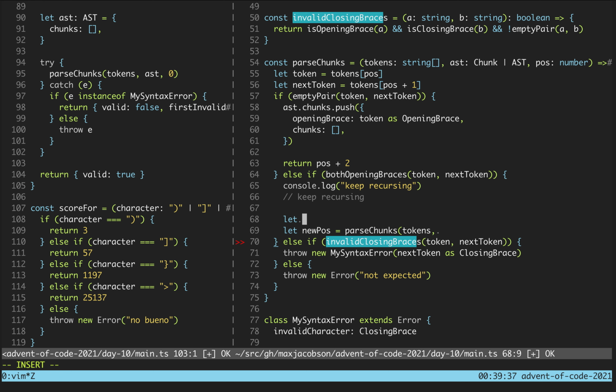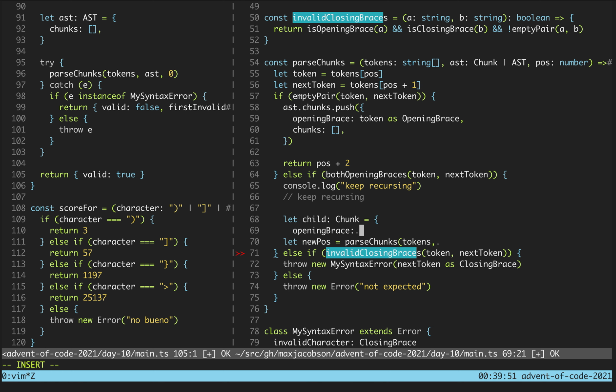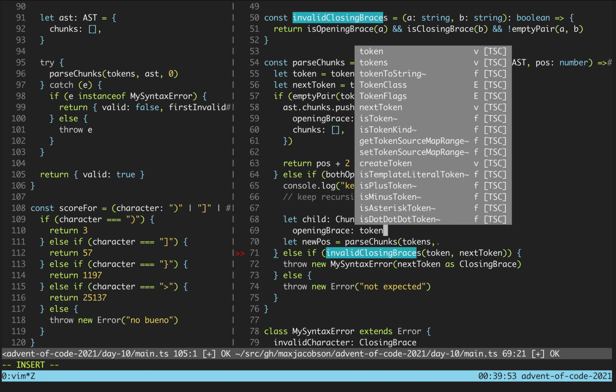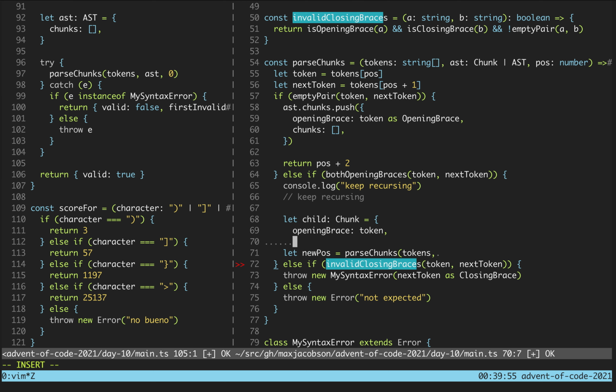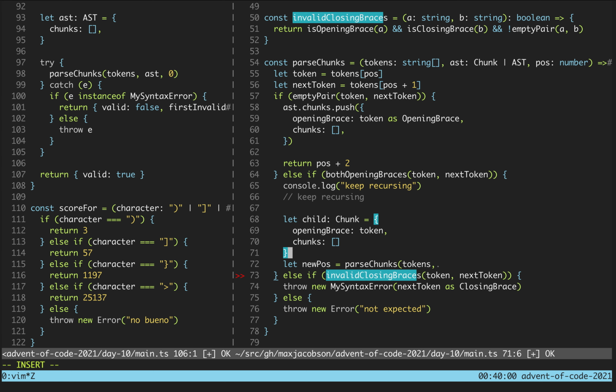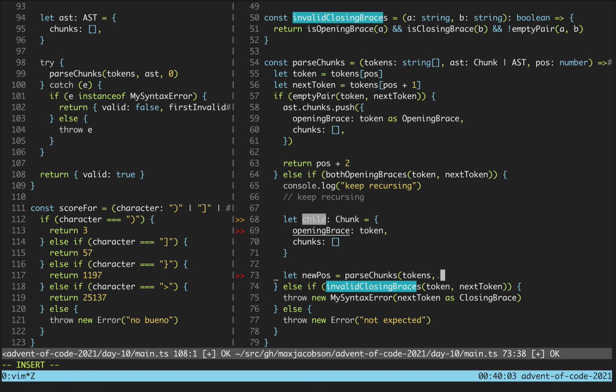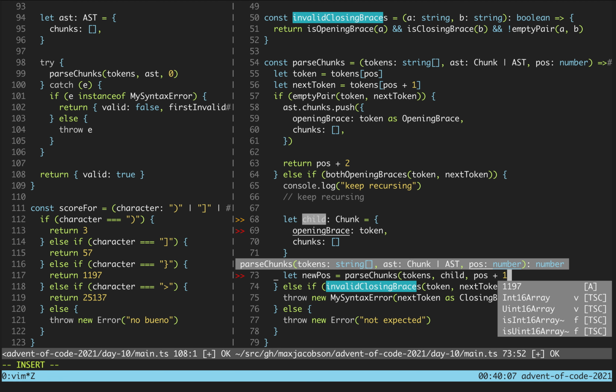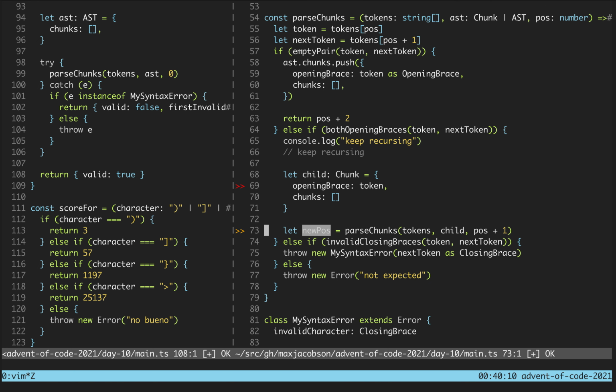Let children, child chunk equals opening brace token, and chunks empty array, and we'll say tokens child pause plus one, right? And then